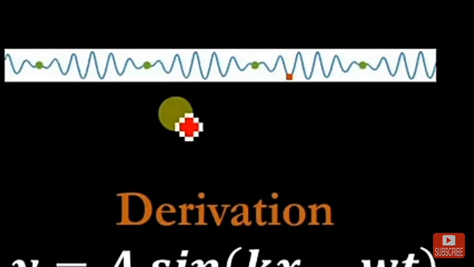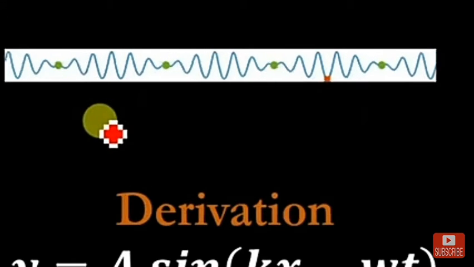In this short animation you will see the red and green dots. The red dot is representing the phase velocity, while the green dot is representing the group velocity. The phase velocity is the velocity of a single phase of the wave.